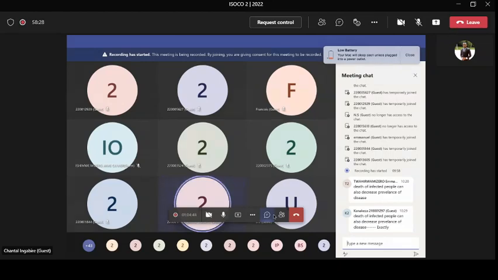Okay, let's say bad weather and common cold, for example. So when a person is exposed to bad weather, he is likely to develop a common cold. Thank you so much.